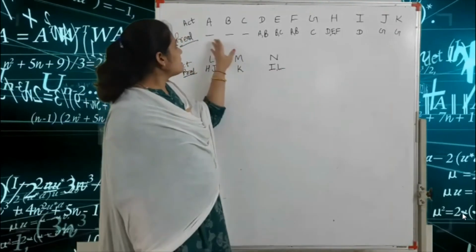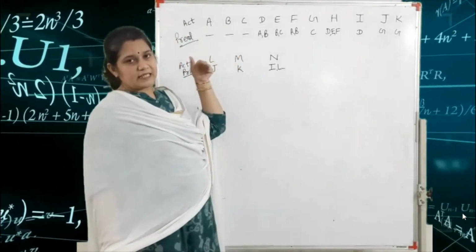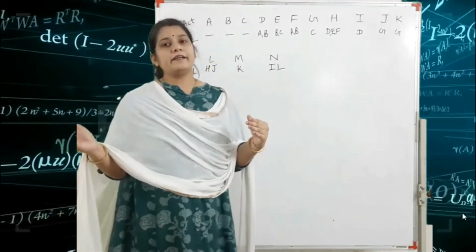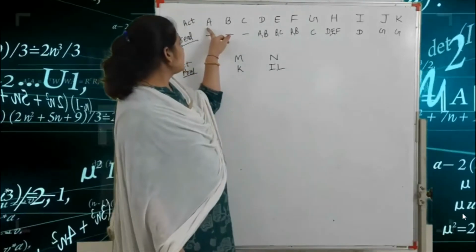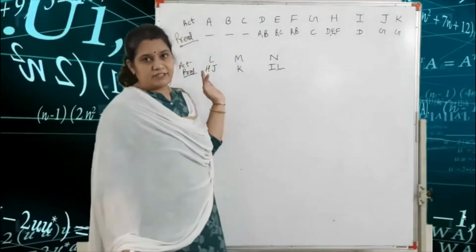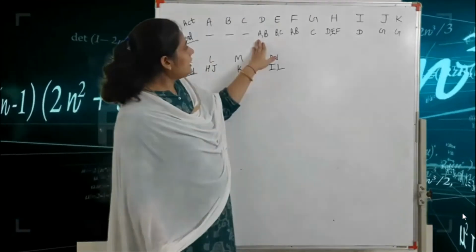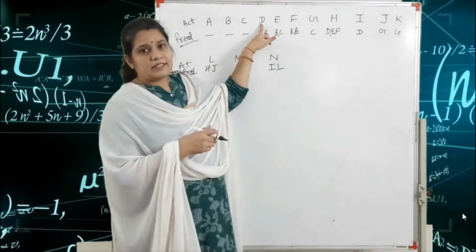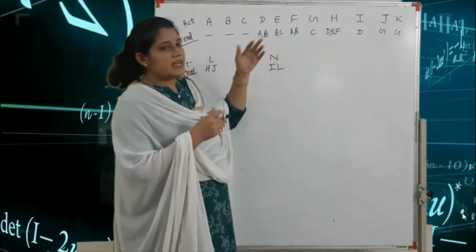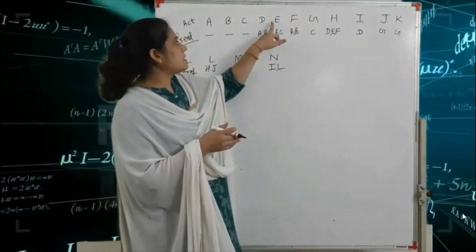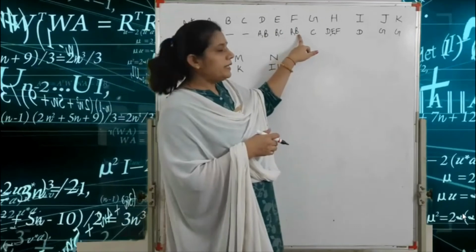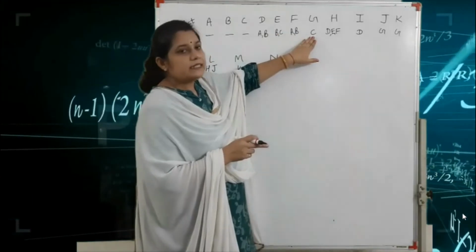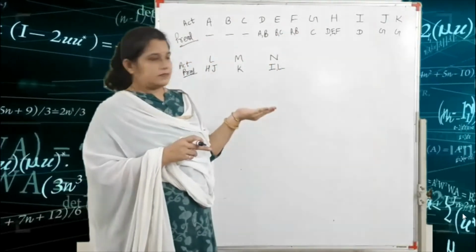So first, A, B, C start. You already know that our starting node and ending node are unique. So before starting A, B, C there is no other activity. After that, if A and B activities are completed, then D activity starts. If B and C activities are completed, after that E activity starts. If A and B are completed, after that F activity starts. If C is completed, after that G activity starts.